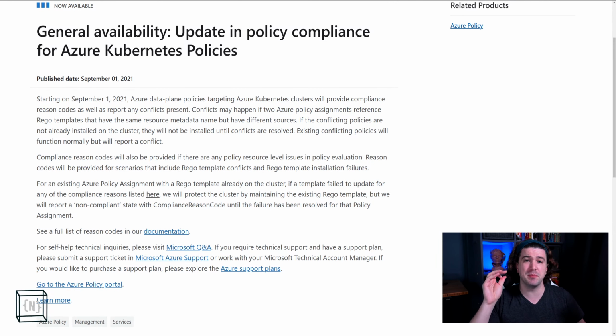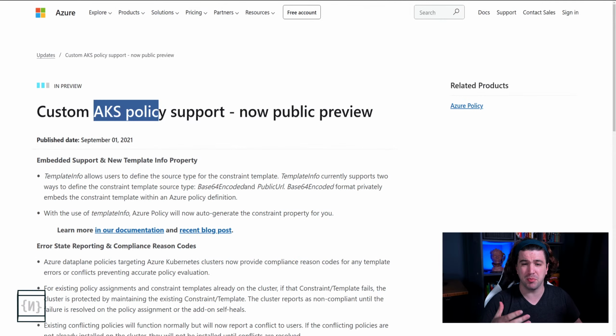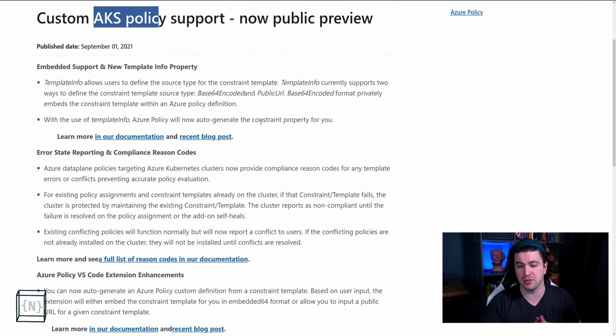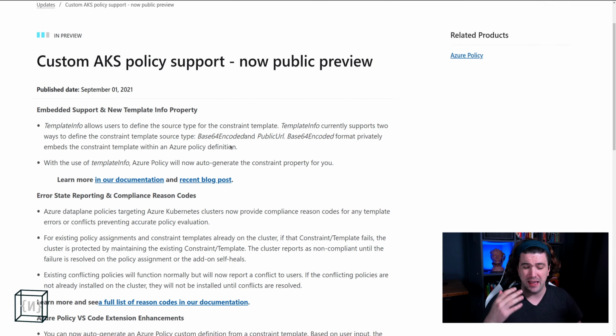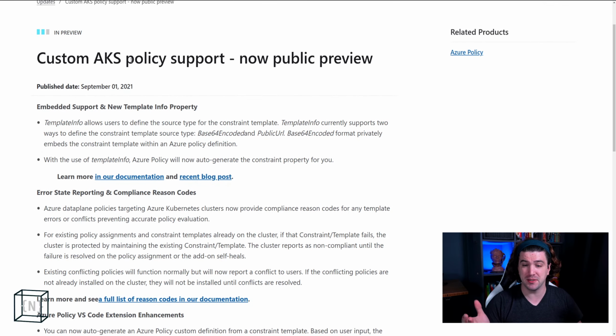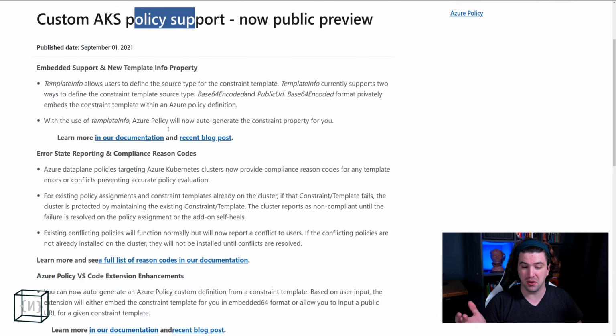So their Kubernetes is becoming much better and much more streamlined and allows you to customize your policies in a way that supports enterprises better. Basically, this is very much an enterprise feature, but if you're an enterprise user, this is probably going to be very nice. And there's a whole bunch of things that this policy support brings along with it,